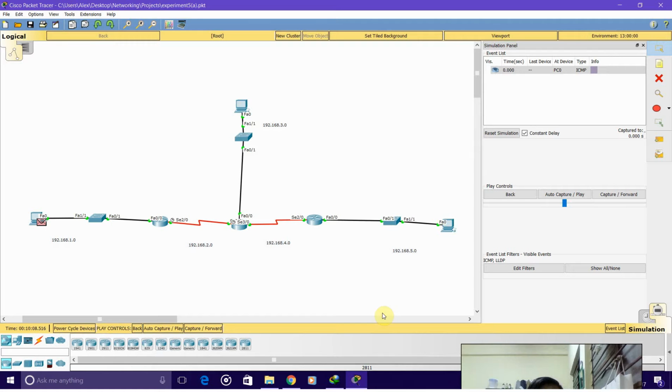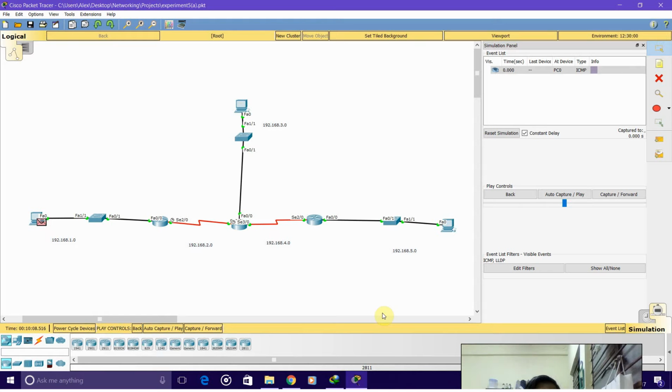So RIP version 1. What is actually dynamic routing? Dynamic routing is when the admin sets a protocol, and using that protocol, the router decides which route to take. The advantage here is that even if a particular route fails, that is, even if the most efficient route fails, if any other route is present, the router will use that alternative route and reach the destination. So the RIP version 1 dynamic routing is for